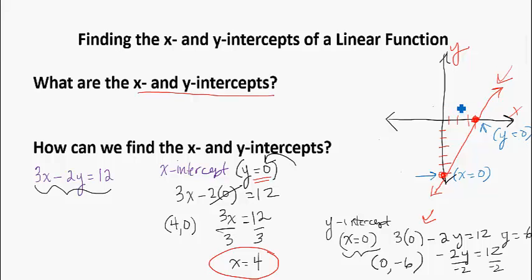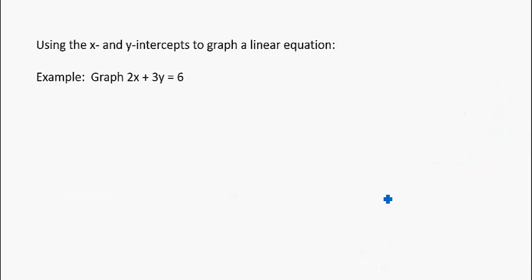So we substituted that y in, and we got the ordered pair (4, 0). Again, there's your y, that's 0. We substituted in here our x is 0 and got the ordered pair (0, negative 6). Those are 2 different values. Okay, so using the x and y intercepts to graph a linear equation is what we just did, and I'm actually going to cross this one out and put a different equation in because that's very similar to the problem we just did. But let's say that we had to graph the equation